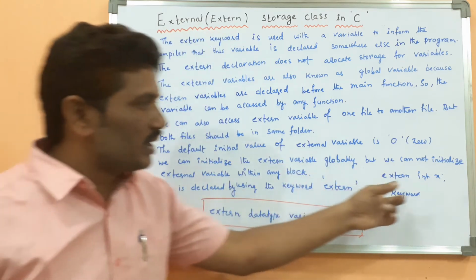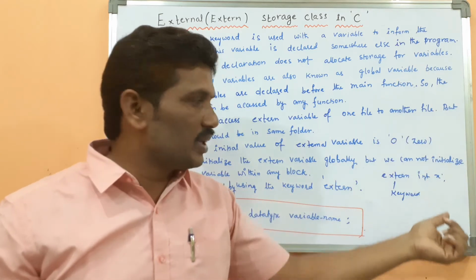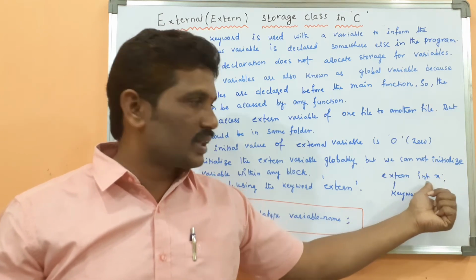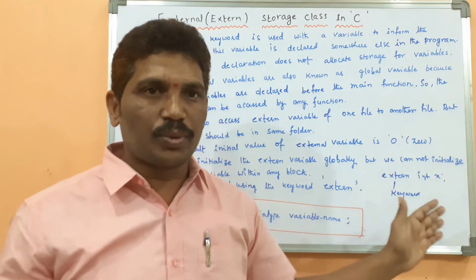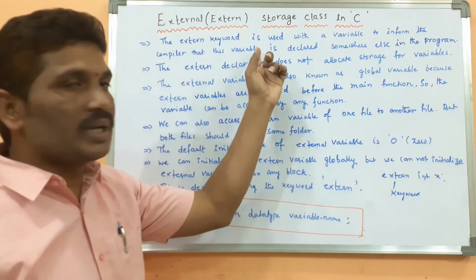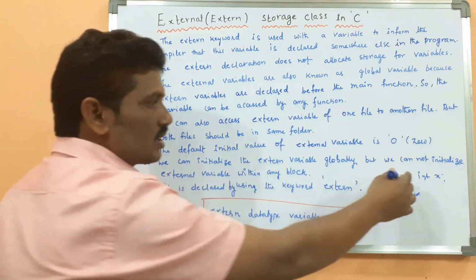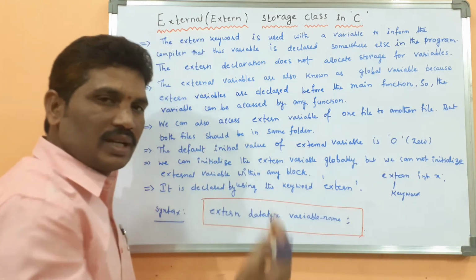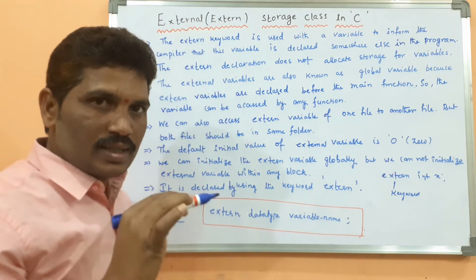Then what is the meaning of that? You only do the declaration over here, but it has been defined somewhere else. Defined means you have not initialized it over here. I did not do any initialization in this statement, but the compiler understands it has been defined somewhere else in the program. The x value has been defined somewhere else in the program. That is the meaning of the first statement. When a variable is declared with the extern keyword, it can be defined somewhere else in the program.